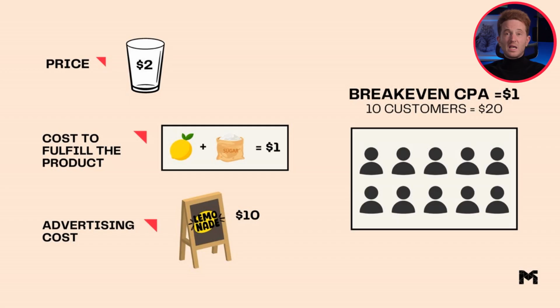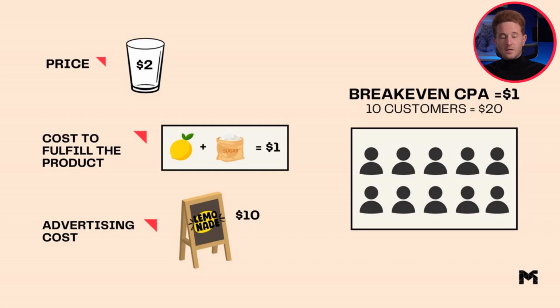Because you're already spending that money on your rent, you're already spending that money on your software. You should be just including what we call variable costs, costs that increase for every single unit sold. So in this case, I'm not including the price of the table to put the lemonade stand on. I'm not including the cost of gas it took to get to the location. I'm just including the variable costs that go into every single unit. This is unit economics that goes into every unit of lemonade sold. So it's the sugar and it's the actual lemons. Great. So my break-even CPA is $1.